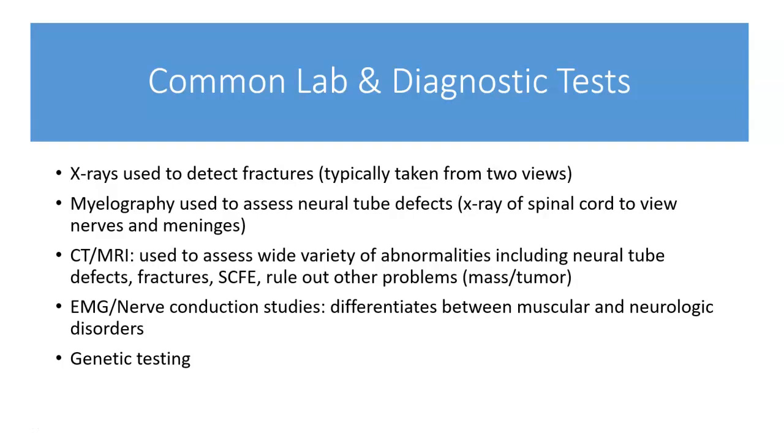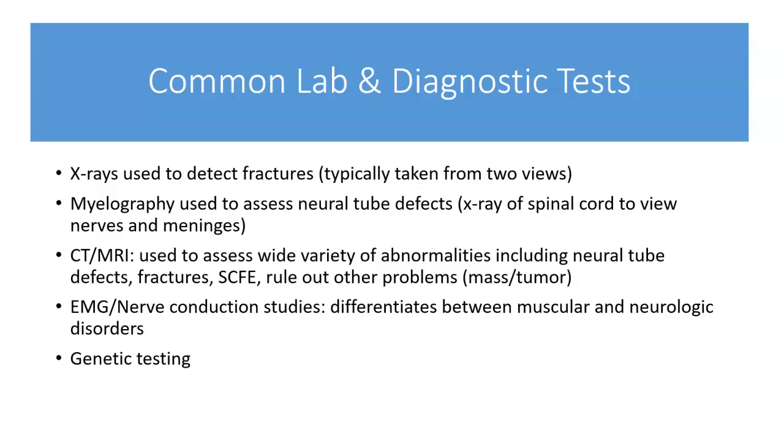First, you will see x-rays used frequently. These are used to detect fractures, and these x-rays are typically taken from 2 views to give a very good picture of the bone. We also see myelography is used to assess neural tube defects. This is an x-ray of the spinal cord that can be used to view nerves and meninges. We might see this used in a myelomeningeal case where we're trying to get a really good view of those nerves and meninges in the sac that's protruding from the spinal column so we can assess the level of intensity